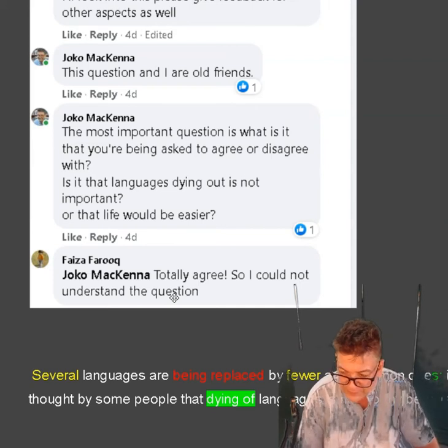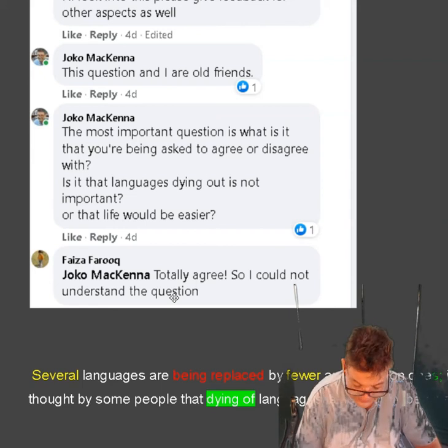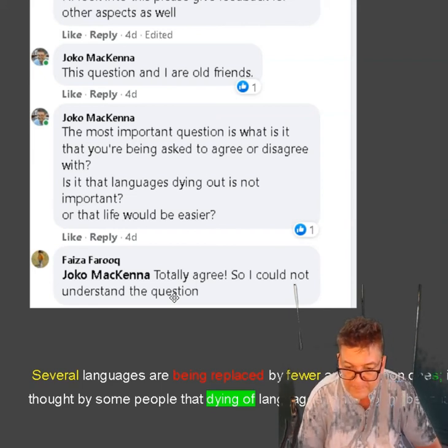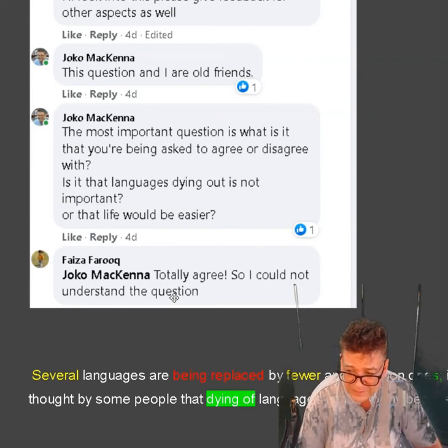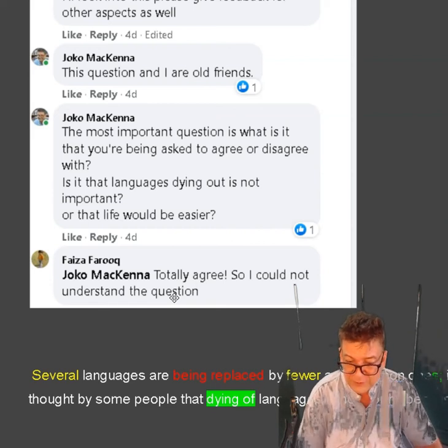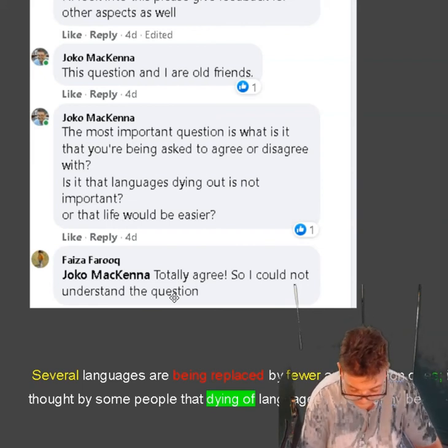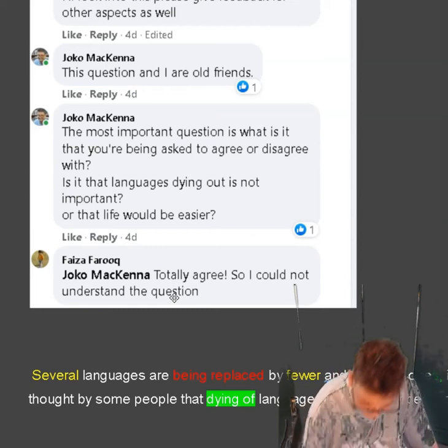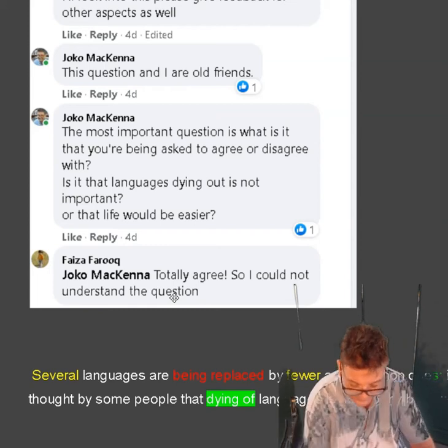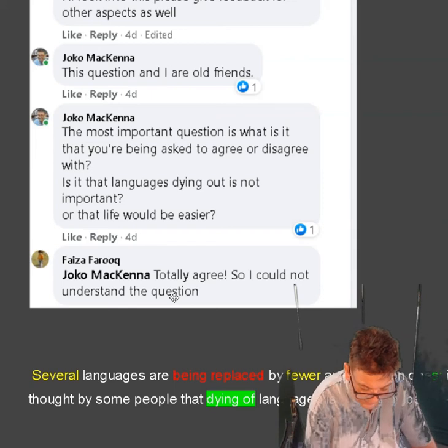Okay, so fewer, I suppose you mean. What you meant to say there was, by fewer and common ones, by a few common languages. A few, like English and Urdu and Spanish and Portuguese, right? But that's not the case, actually. You don't have to know that, but a little background on this question.